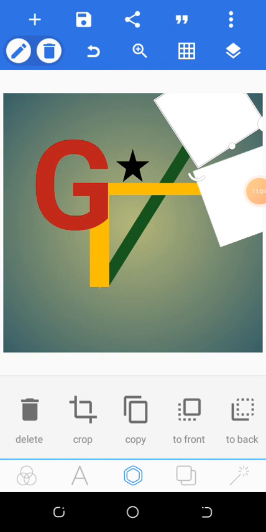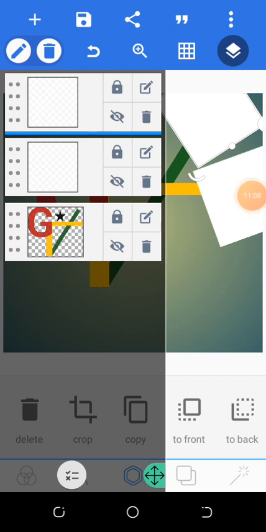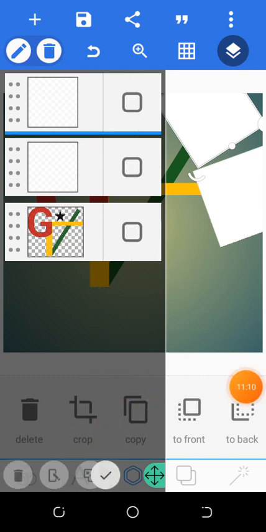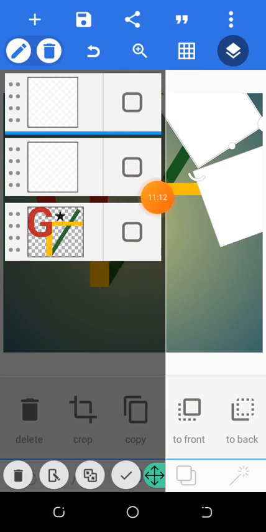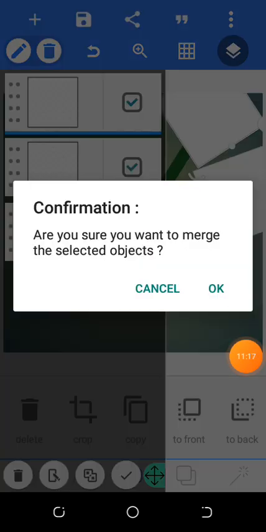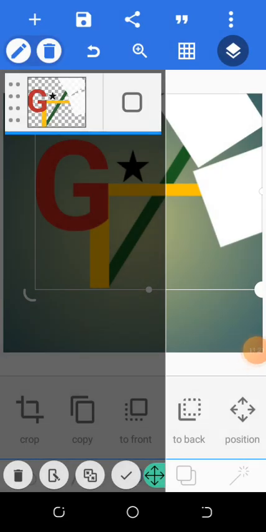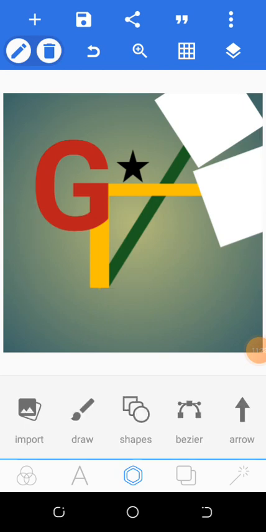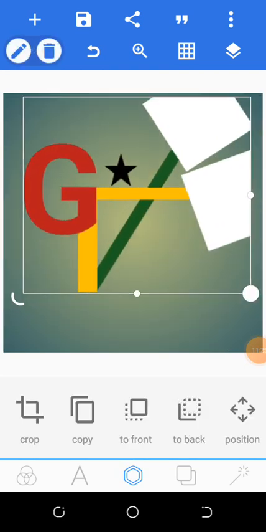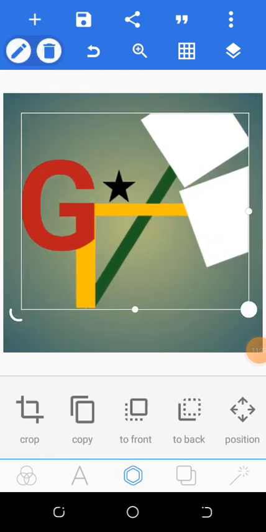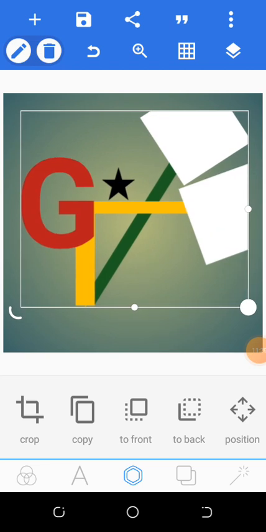So let's go to this same button here again, click on it, come to merge here, select all of them to merge them together. So click on this one and tap on OK. Now let's come back and move. So can you see that we are able to move all of them together? So what we are going to do is that we are going to